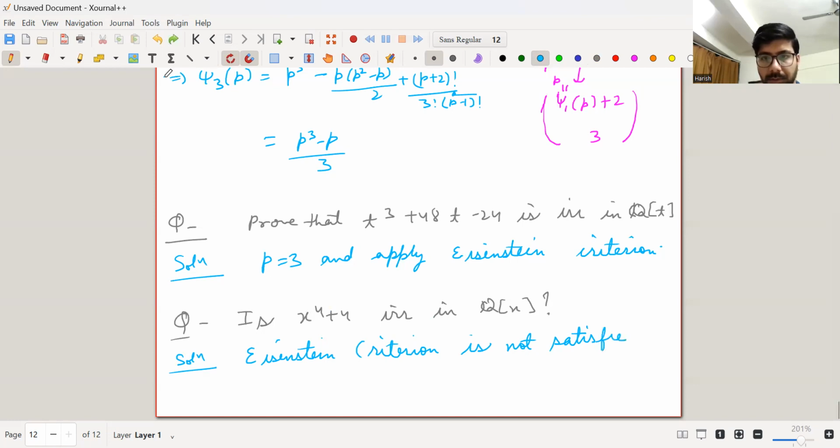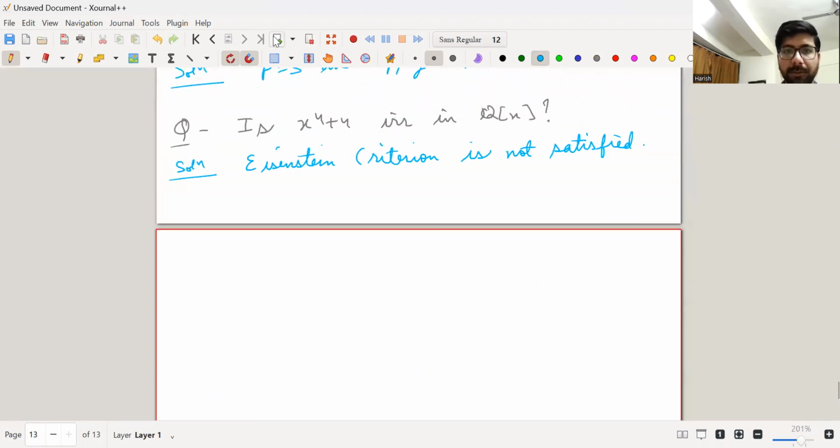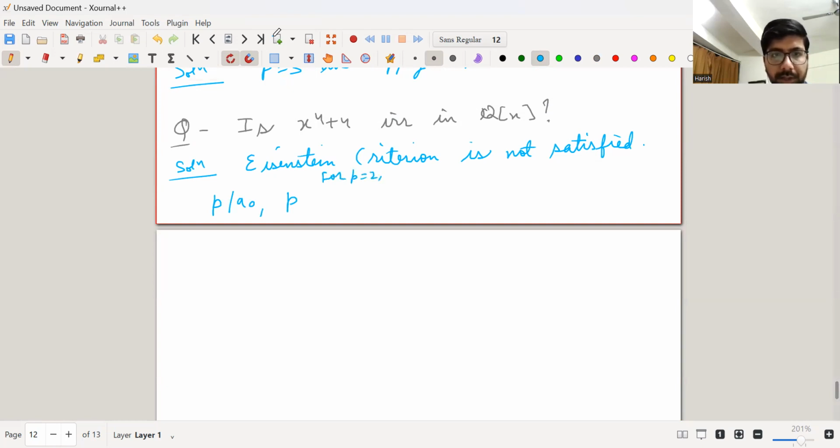The only choice of prime that you can take is p equal to 2, but Eisenstein, so p equal to 2 is dividing a naught, very good, and p is not dividing a1, a2, that is till